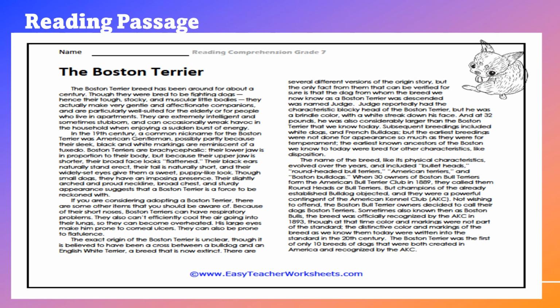So for the next part, we are starting with the activity, right? I have provided you with a reading passage called The Boston Terrier, right? We will be reading this passage together. And then afterwards, I'm going to leave you to read the passage by yourselves. I'll provide you with 15 minutes to read the passage by yourself after I have read it with you. And then I will be moving on to our question or discussion session.